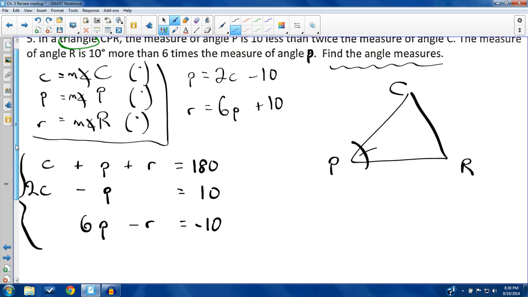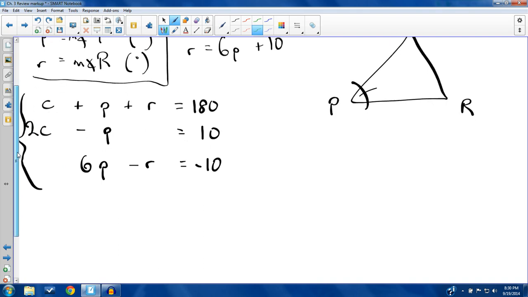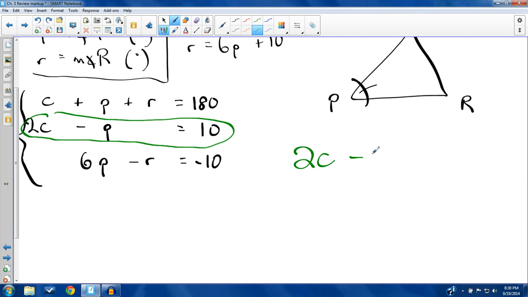Okay. Actually, again, for the sake of time, I will go ahead and go straight into elimination. Now, the main reason is because I want you to see a strategy that I can use for elimination. I have one equation that's missing r, and I have one equation that's missing c. So what you can actually do here is I can take one of these equations right now and say this is one of my 2 equations, like this one, 2c minus p equals 10. This can already act as one of my 2 equations with 2 unknowns, right? You have to whittle it down to 2 equations with 2 unknowns. I already have one. There's no need to pick